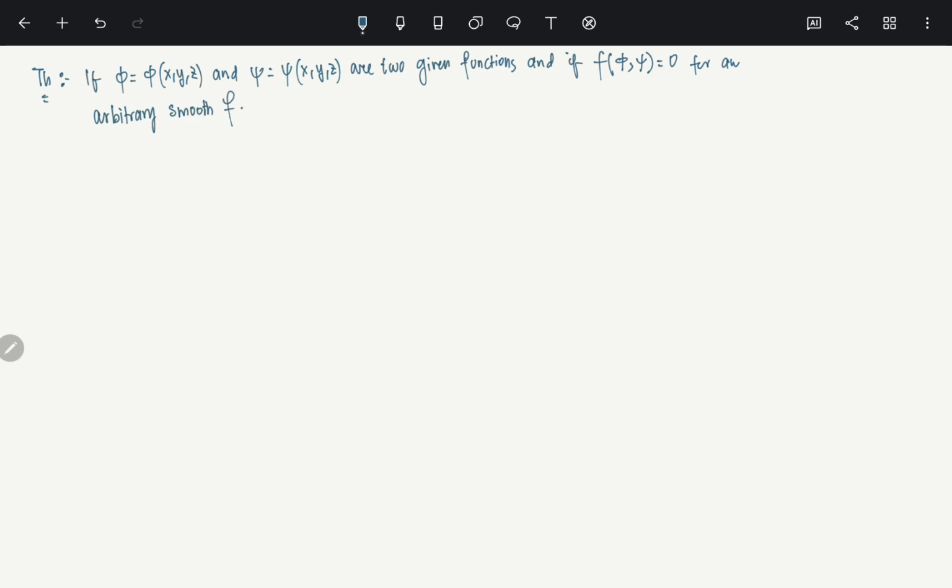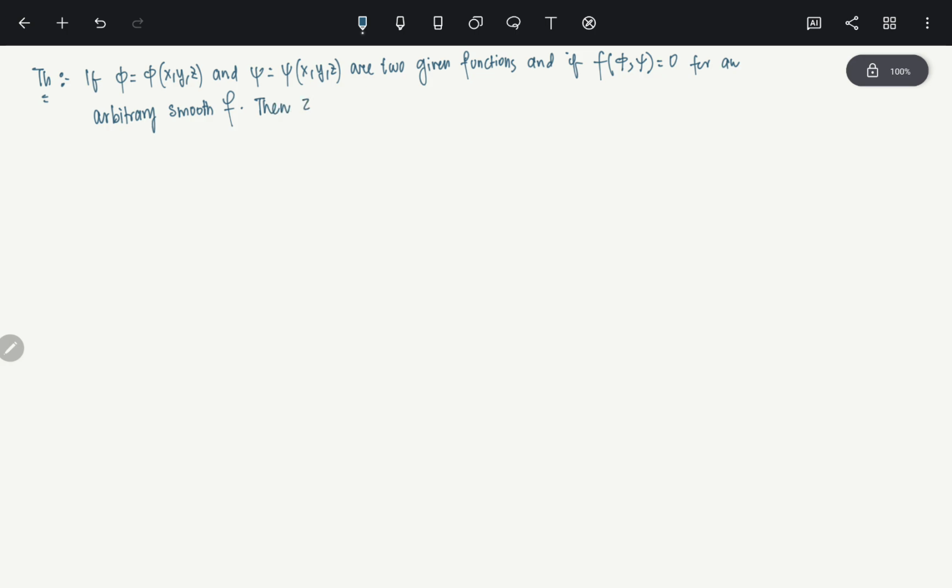So essentially, you start with two functions of three variables, and you also look at a relation which depends on those two functions. The relation is f equals 0. Essentially you are looking for that sort of level set. Now the thing is this, then